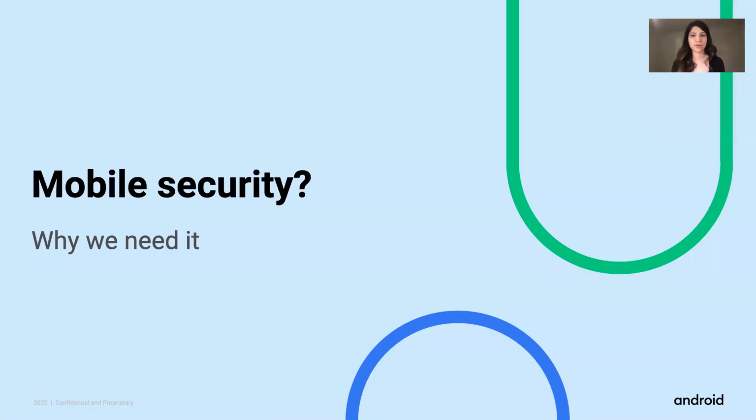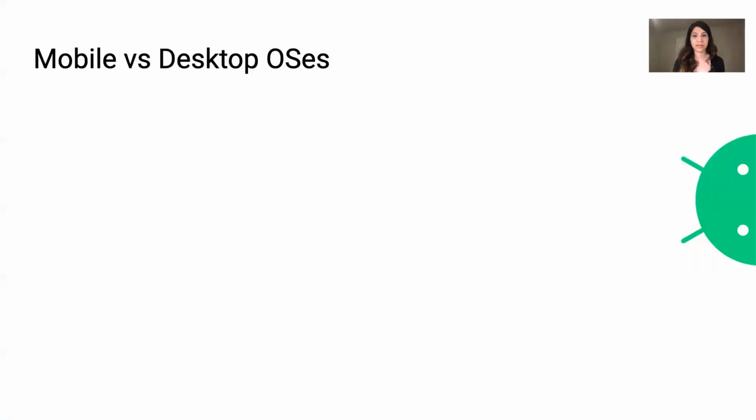So first things first, why do we need mobile security? Computer security has been a field for many years now, and we have developed sophisticated solutions to security problems. So why is it that we need to take special care when we talk about mobile devices? And how does the mobile shift change the way we think about security? To be able to answer this question, we need to take a look at the differences between classic PCs and